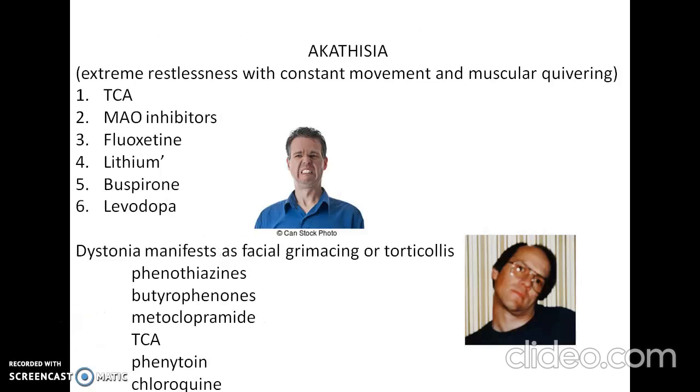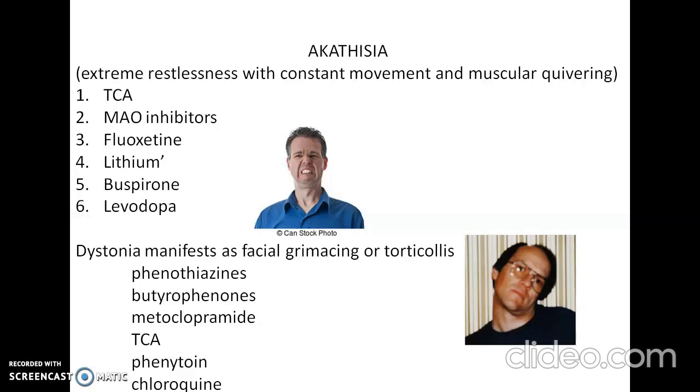So next, continuation with the muscle problems, like akathisia can be observed. Akathisia is nothing but an extreme restlessness with constant movement, and muscular quivering can be observed in such condition. Involuntary movements can be seen with the voluntary muscles. This can be observed because of tricyclic antidepressants, monoamine oxidase inhibitors, fluoxetine, lithium, buspirone and levodopa, which can cause